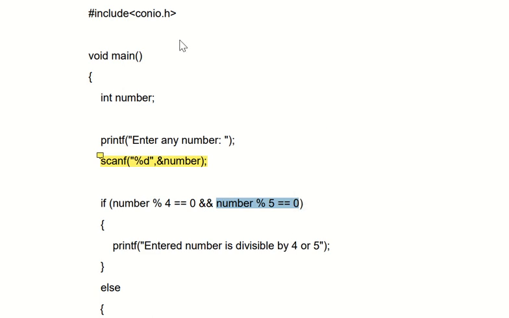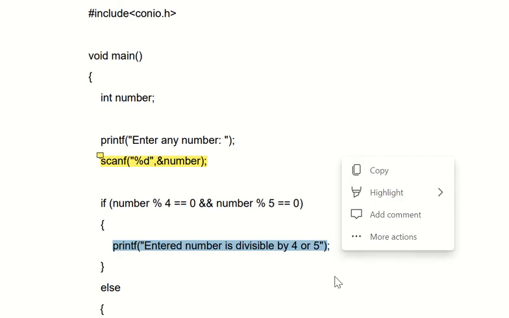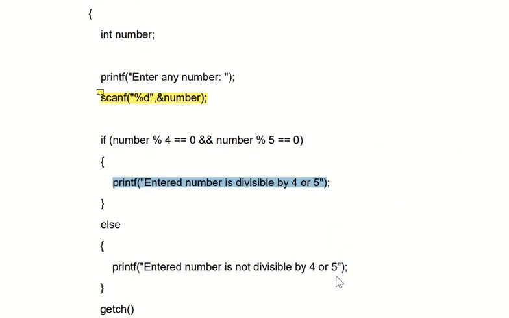So in both cases we are getting remainder 0, which means both the conditions are true, and then only it will go inside of this if statement. And inside the if statement we have only one line, that is printf entered number is divisible by 4 and 5.